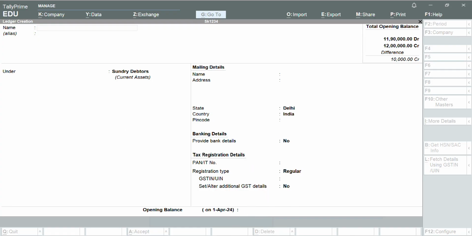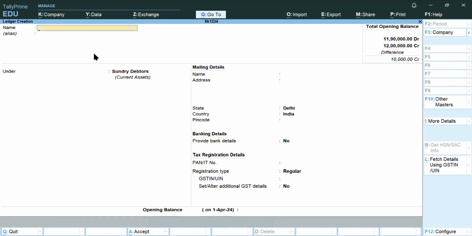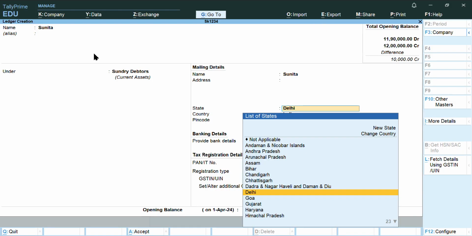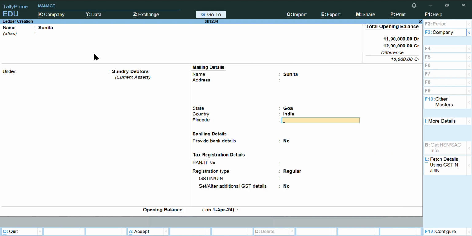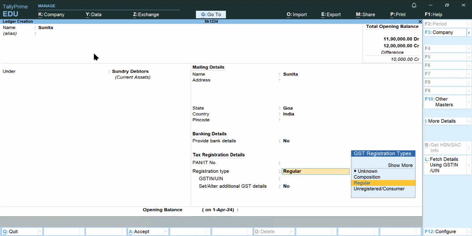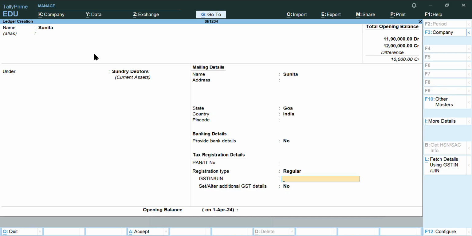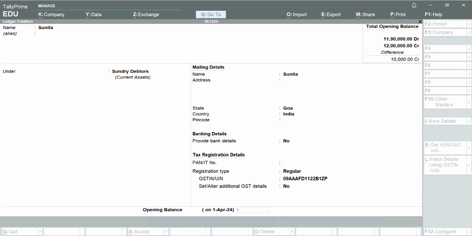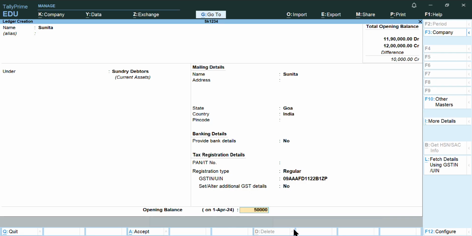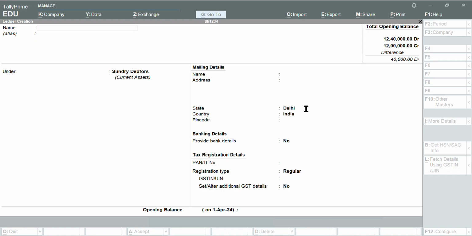Sumita 50,000 sundry debtor. So let us create the account Sumita, sundry debtor. Name is same. Now the place is going to be not Delhi. If we are given the location, then we will enter that location. Otherwise we can enter any other state but not Delhi, because this person is having IGST. Okay, we recorded the number also, and the amount of Sumita was 50,000. All right, accepted. Now the next person is Rama,